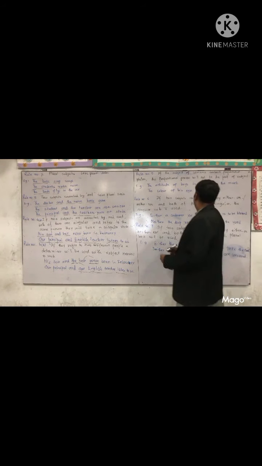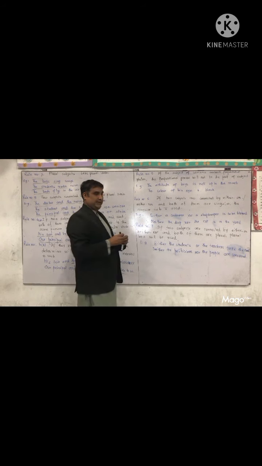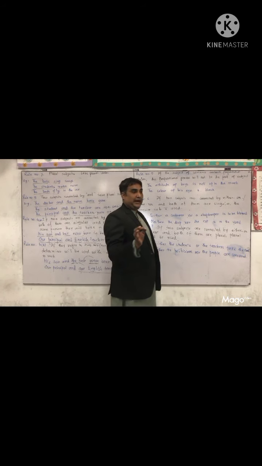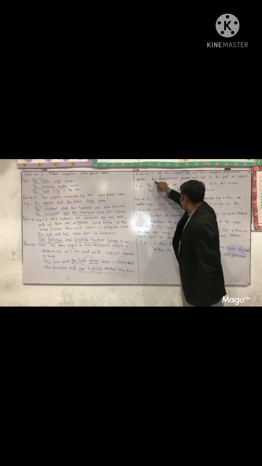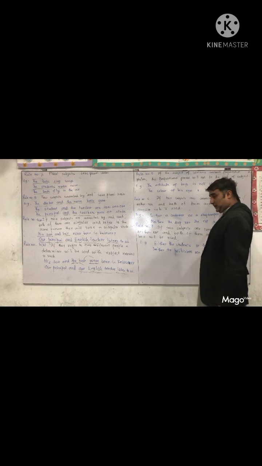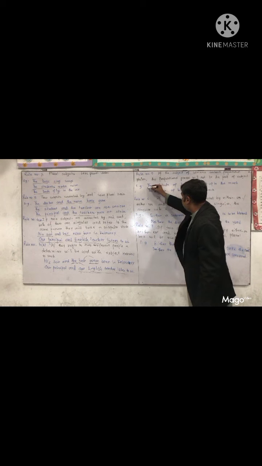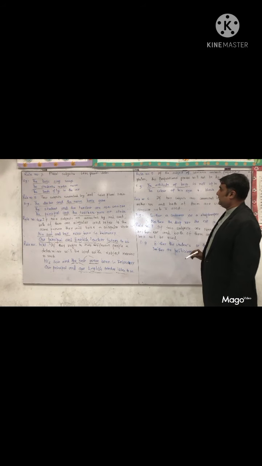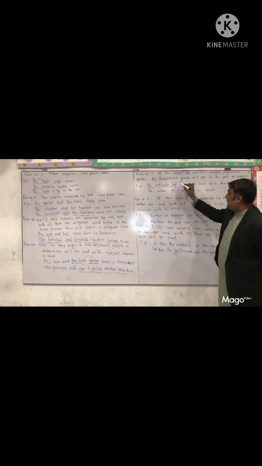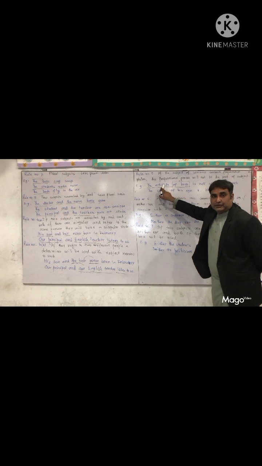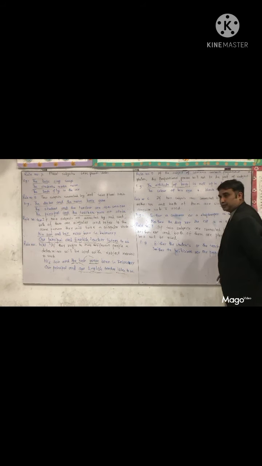Now rule 5: if the subject of the sentence contains a prepositional phrase. A prepositional phrase is a phrase which contains a preposition in it. Then the prepositional phrase will not be part of the subject, and the verb agrees accordingly. 'The attitude of boys': this is the subject of a sentence. 'Of boys' is a prepositional phrase. It will not be part of the subject. 'The attitude' is singular, so the verb will be singular. 'The attitude of boys is not up to the mark.'